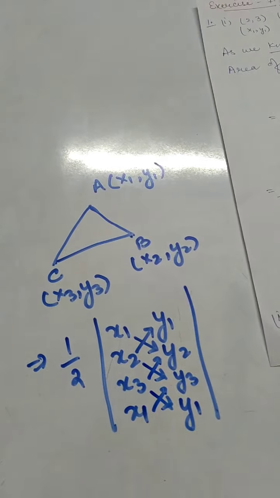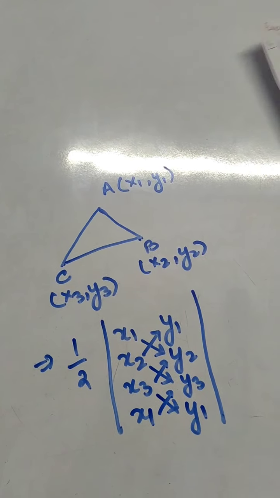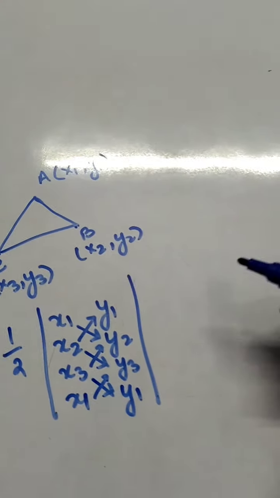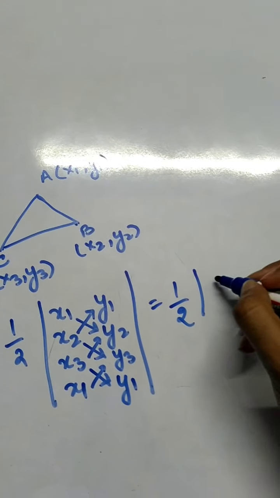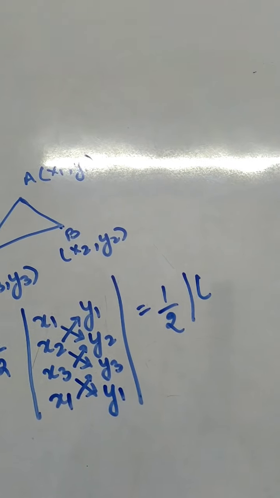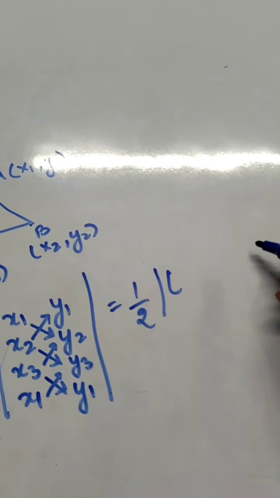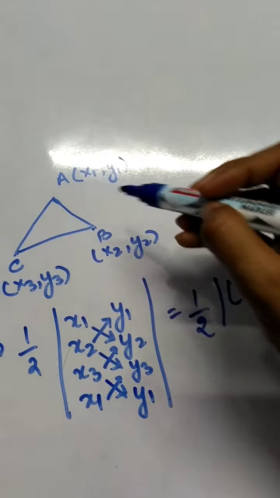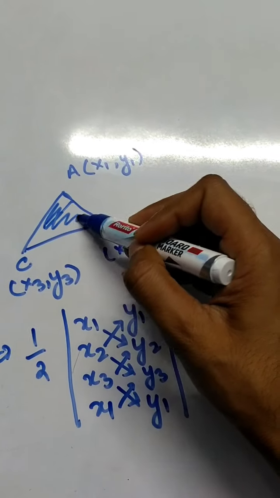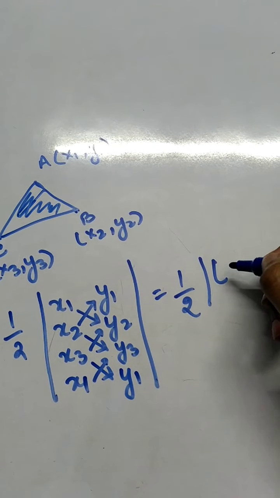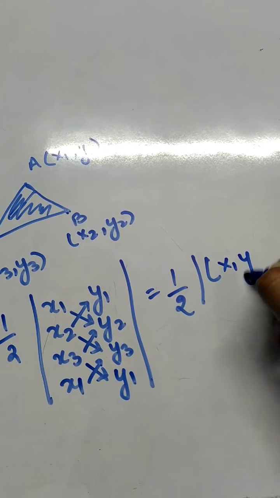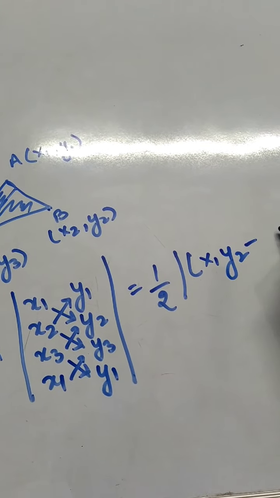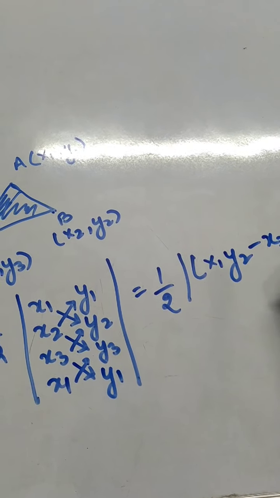As you can see, after that what we get, this is half of, take the mod in this sum because the area of triangle cannot be negative, as we know that the area cannot be negative. So on cross multiplying it will be x1 y2 minus x2 y1